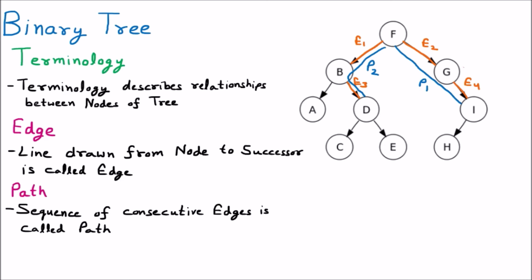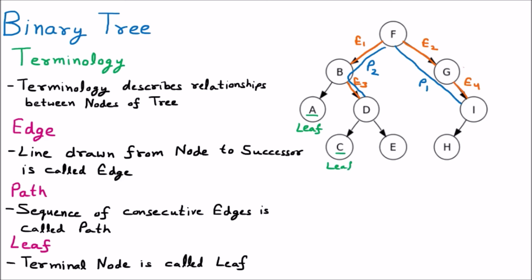And now we are learning the next thing, which is the leaf. Just like if we take the example of a tree, on the tree leaves are the endpoints. Similarly, the terminal nodes on a tree are called the leaves. Terminal nodes means those which are ending, they are called the leaves. So here what are the terminal nodes? We know that A is the last node, so we can say that this is the leaf node. Similarly, C is the leaf. Talking about E, it is the last node, it is also a leaf node. Then H is also a leaf node. So these are the leaf nodes, which have no children.